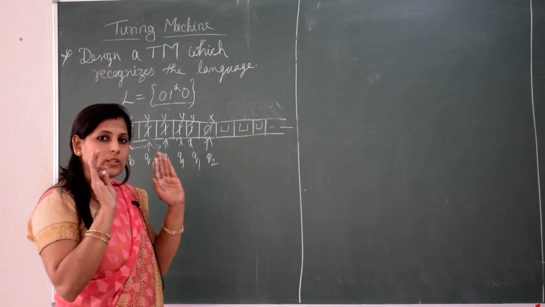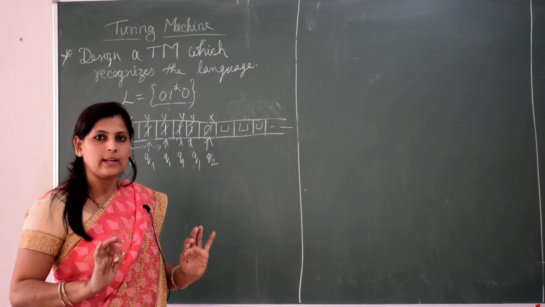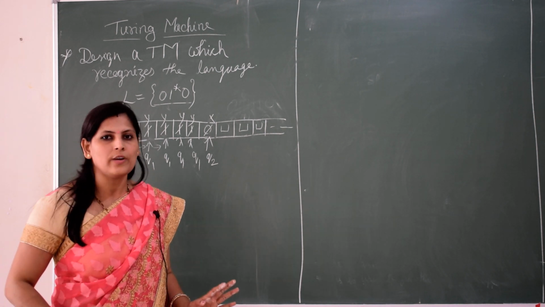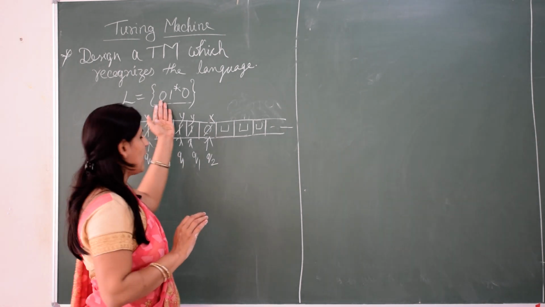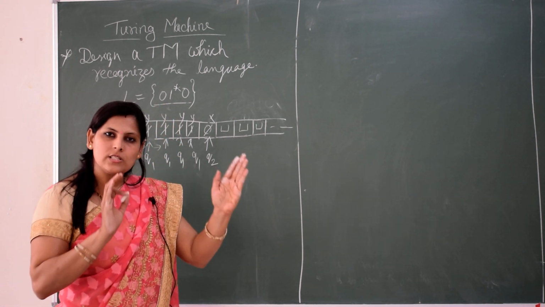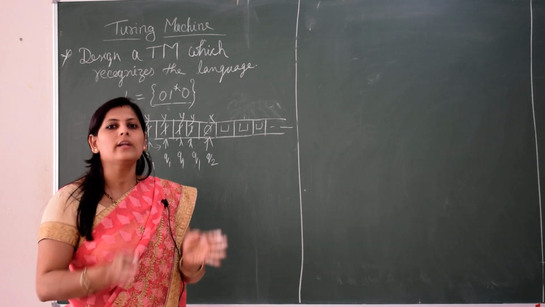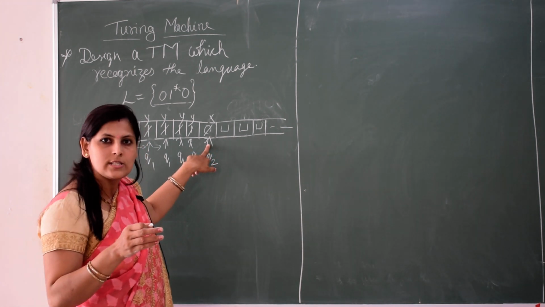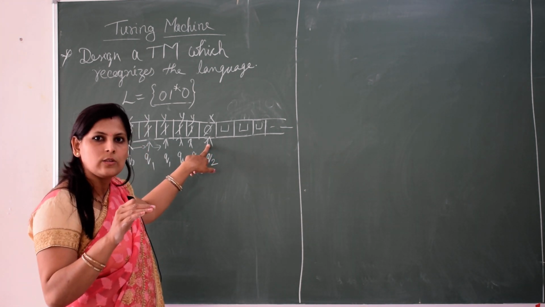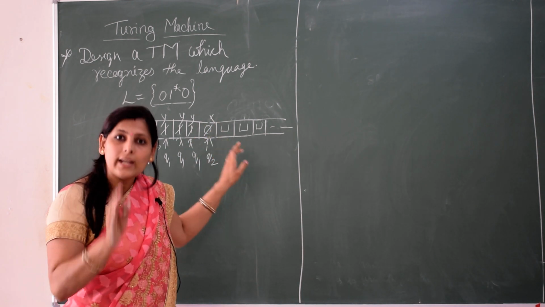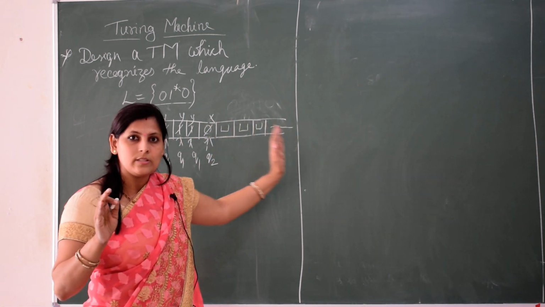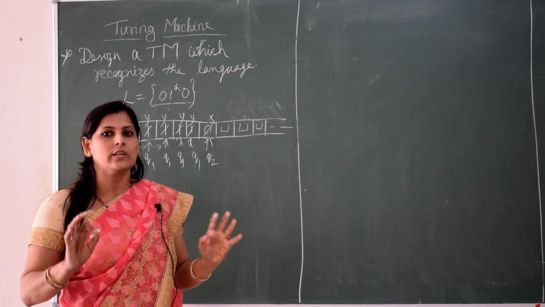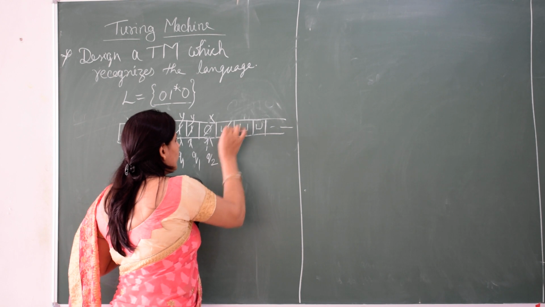Now what we want is that I should get a blank next. If we get blank, we will reach the final state, because according to my pattern, it was searching for the first 0 to come, followed by n number of 1s, followed by a single 0. Since we got a single 0, after that we should get the blank symbol. So we are reading the blank symbol now. When we read the blank symbol, that means my string is accepted.